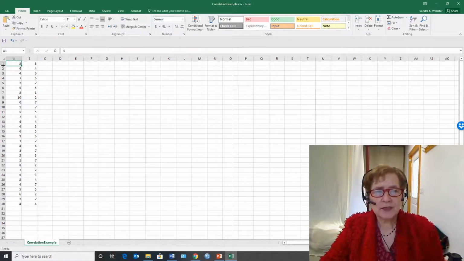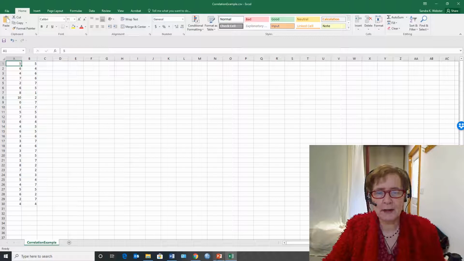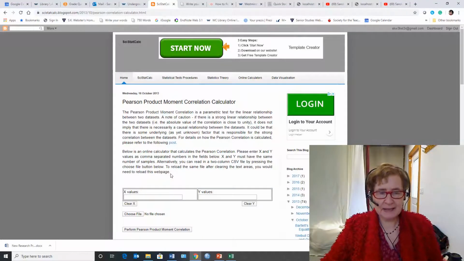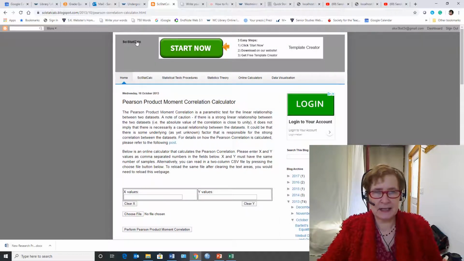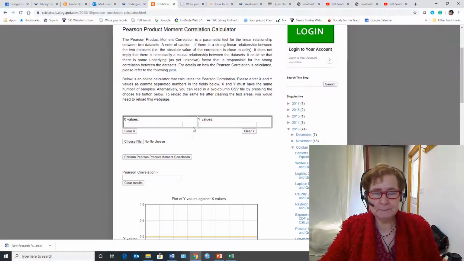So you'll notice that this file only has data and it doesn't have any variable names. So that's an important thing to remember. Check to see what your app requires. It has a good description of what a Pearson product moment correlation is. It's the SciStatCalc app, and you can type your values in, all the x's and the y's, and you have